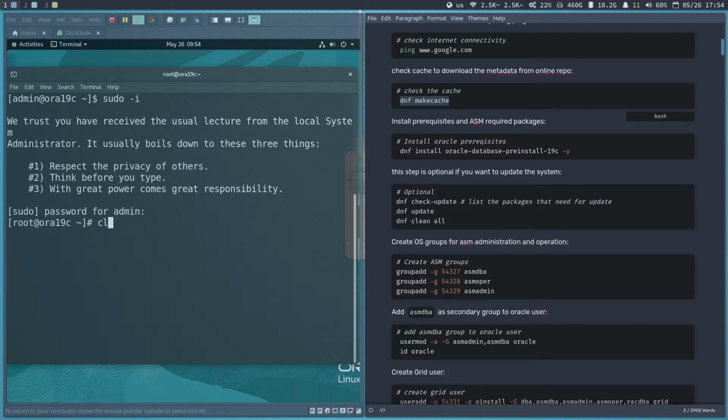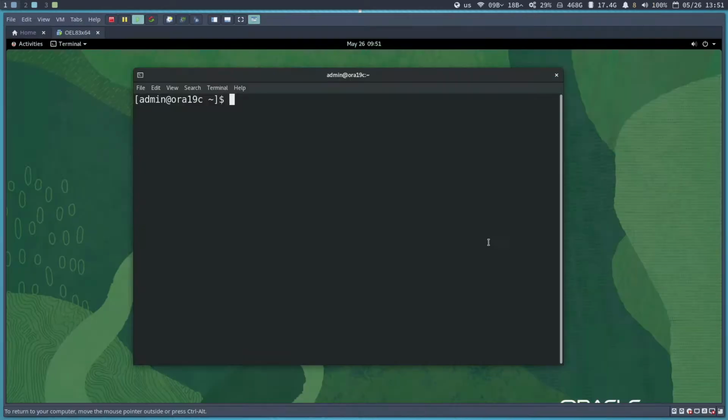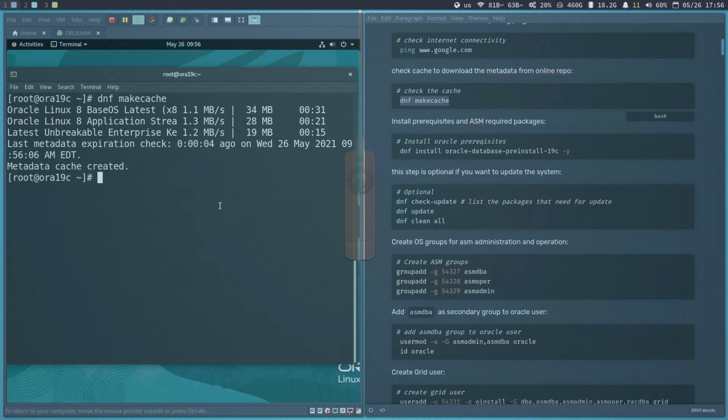Okay, I will clear the screen, and then I will run dnf makecache. It will download the metadata and cache it to the local operating system. It will take a little bit of time. I pause the video and then I will come back again. As you can see, the metadata cache was created successfully. So now we need to dnf search for the Oracle database